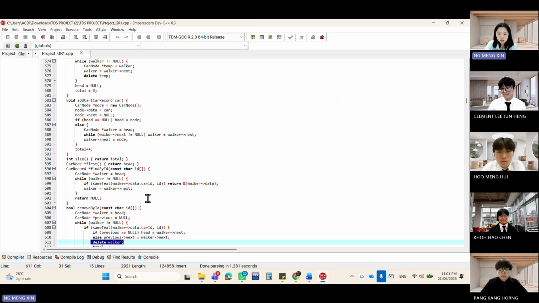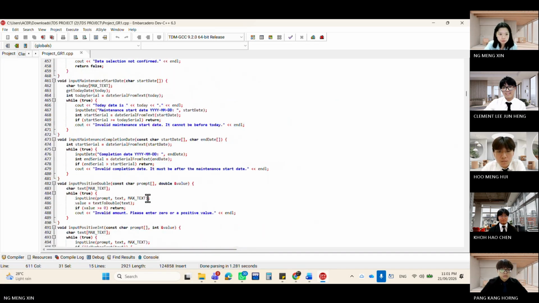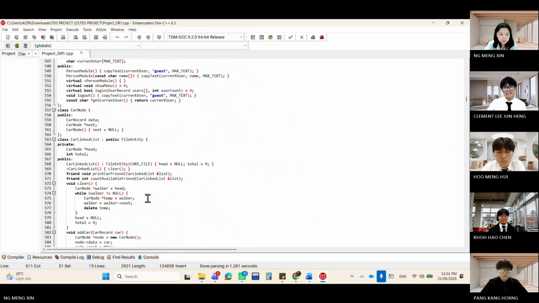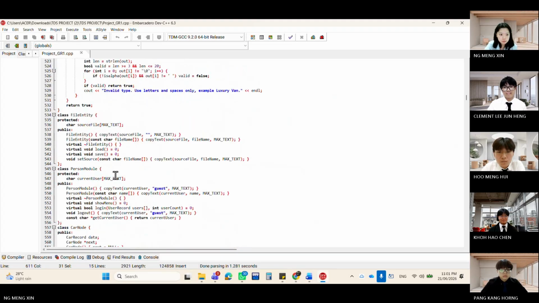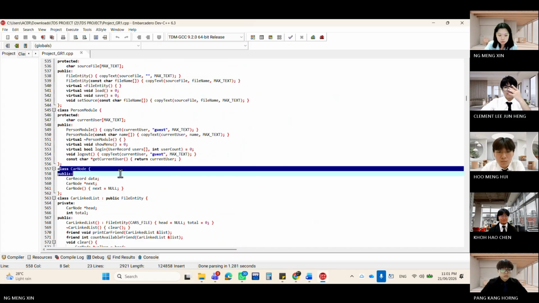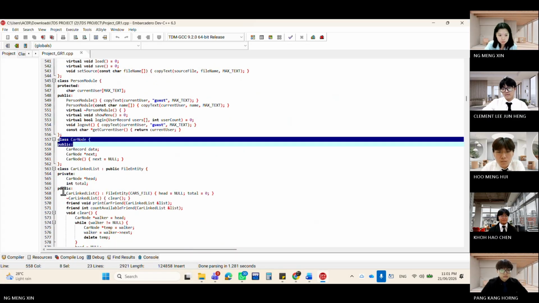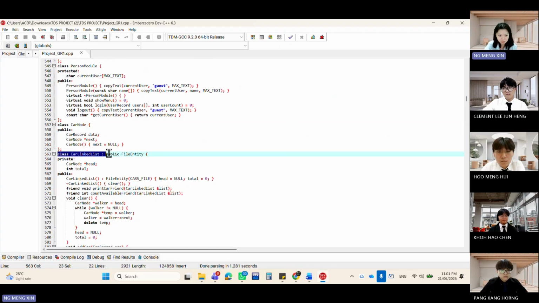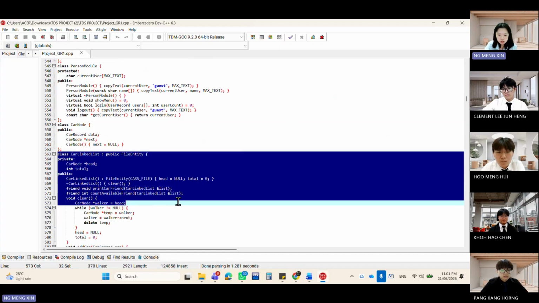So next is dynamic non-primitive data structure, linked list. So it's this one, and such. Each car node stores one car record and a pointer to the next node.